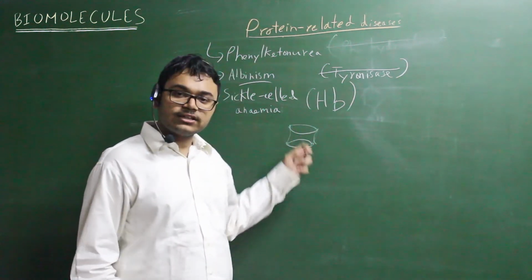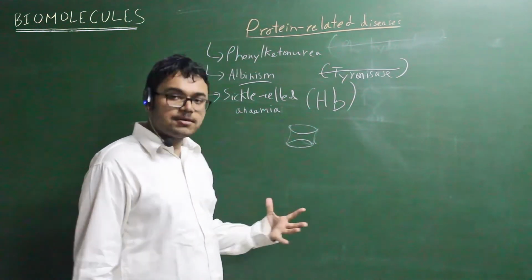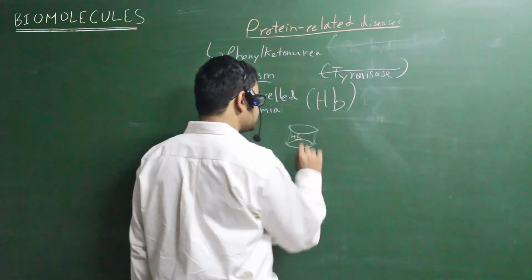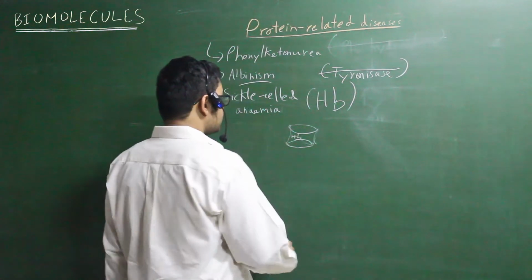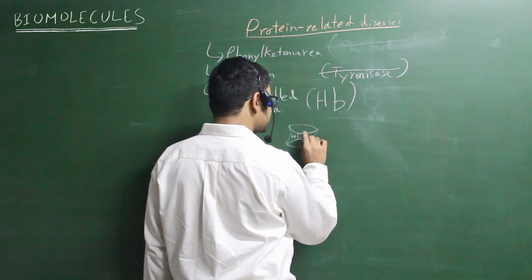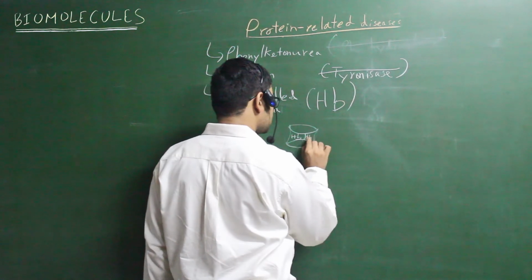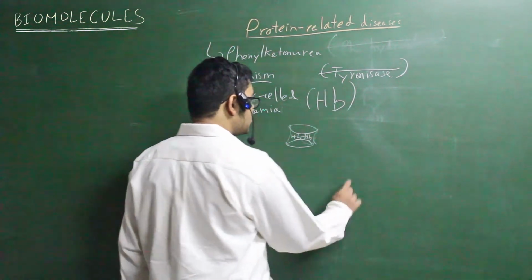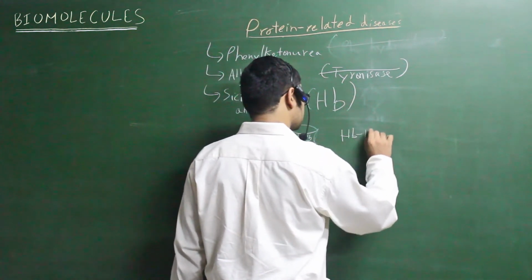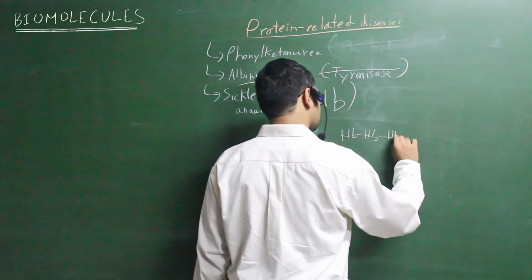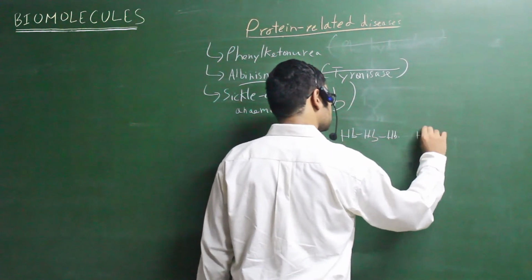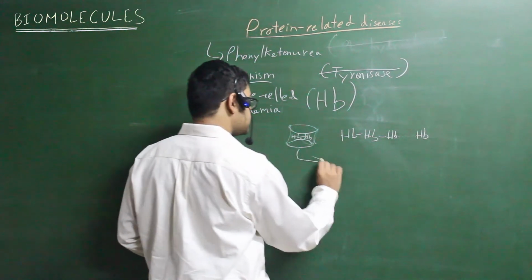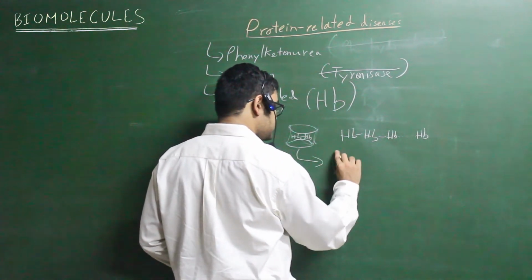So this, the biconcave, is the normal shape of an RBC, red blood cell. Now, you have hemoglobin within this. When you have sickle cell anemia, there is a mutation in the hemoglobin that allows it to form a covalent linkage with another hemoglobin. When you have a long such chain, it becomes quite stiff, and this red blood cell changes in shape, and it becomes